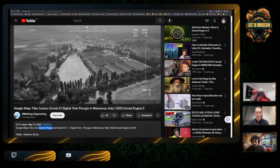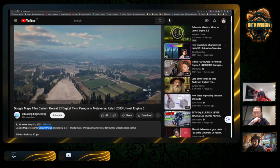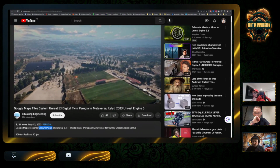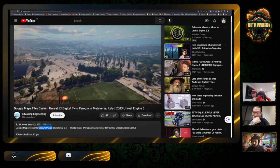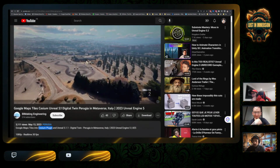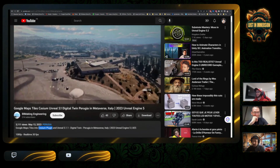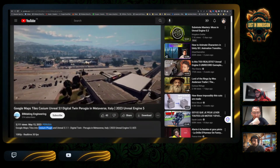And what are their use cases, despite the fact that you can access Google Maps? They have the metaverse word in this description. Do you think this could be a way of having an Earth digital twin? It could definitely, yeah. And what would be the point? To meet somewhere, and yeah, I don't know about the metaverse, but I think the fact that